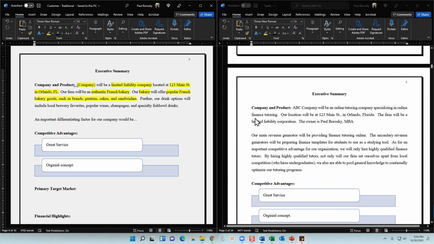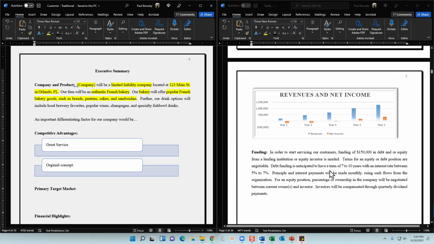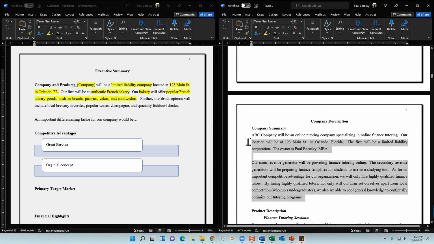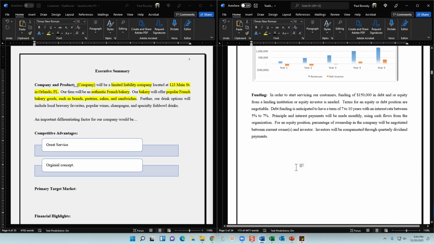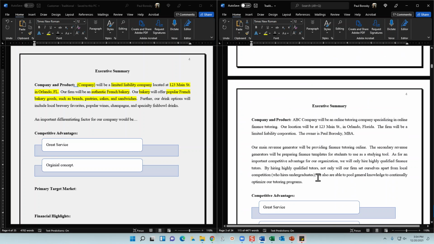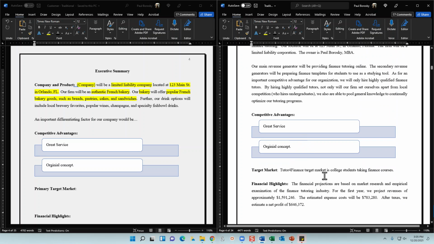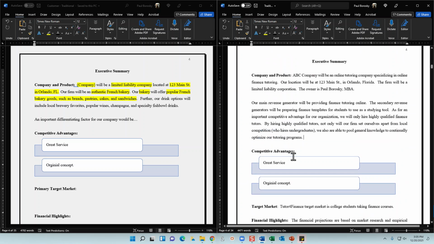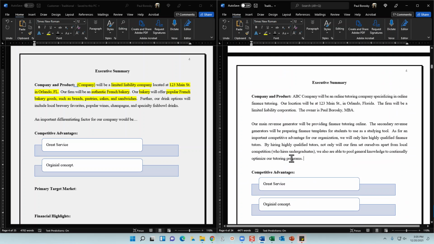So for the product and services, I will go to the company description section, company summary. I'm going to take this information right here, Control C it, and I'm going to plug this into my executive summary right here, Control V it, and boom. And then what I'll do is I might reword this a little bit, I might cut it down a little bit. The reason that I do that for each one of these segments, for the competitive advantage, target market, financial highlights, and for the funding request, is that